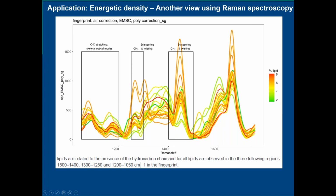Basically what this shows are these blocks that relate to the CH2 bonds, whether they're scissoring and twisting in terms of the molecular vibrations, or whether they're CH3s that are scissoring and twisting, and the CH stretching. These are skeletal optical modes. And in essence, what this tells us about what we've seen in the near infrared perspective is that the lipids are actually responding to hydrocarbon chains that are observed in the regions here that relate to